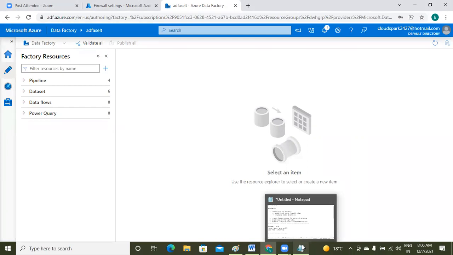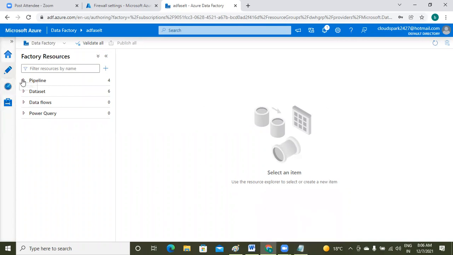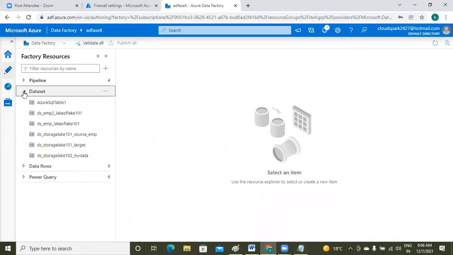If you click on that link, automatically that IP address will be registered into the firewall setting. So that is nothing but our client IP, machine IP. Yes. But in the case of linked service, manually we have entered because we did not get any such kind of link. Understood?